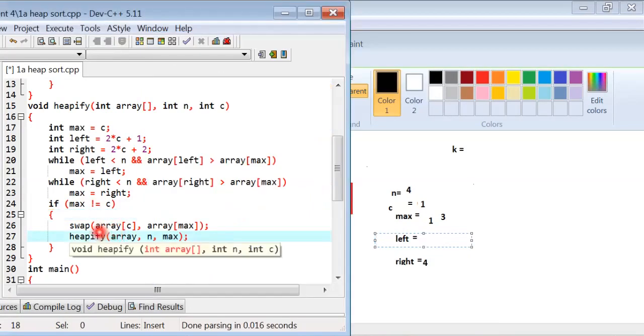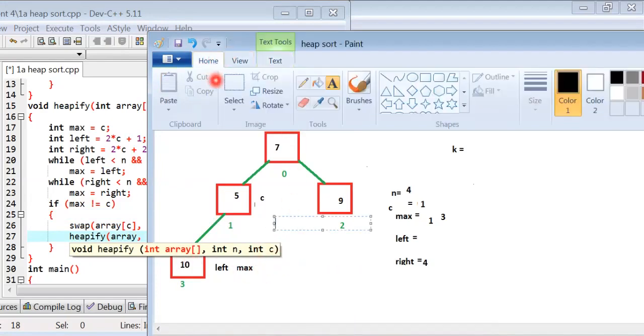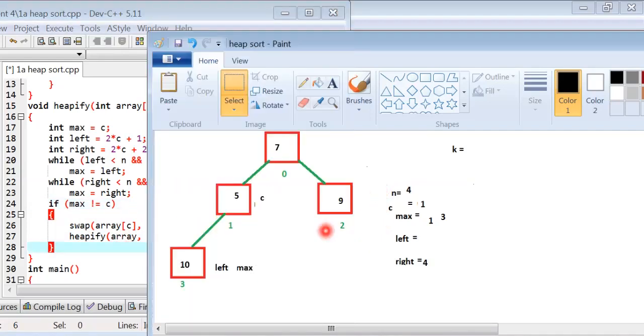Condition is true. Then swap the values of c and max. Here the values are swapped.